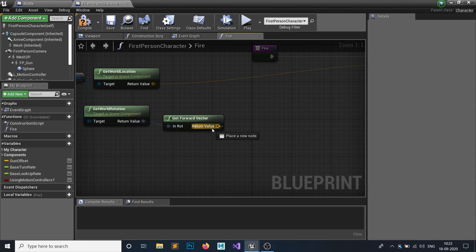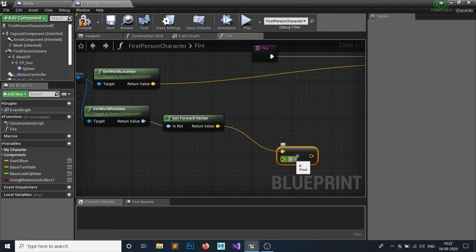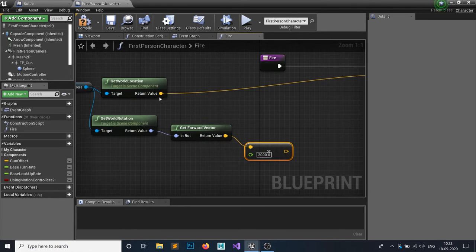From the forward vector I want to multiply by a float, and this float would be a range. From our initial point, to what point can our gun's bullet go? I'm just going to multiply it by 200. This is our gun's range, and from this I simply want to add a vector plus vector.